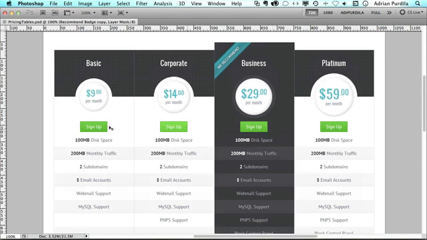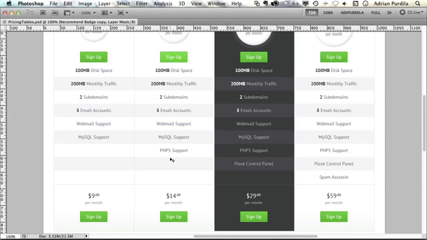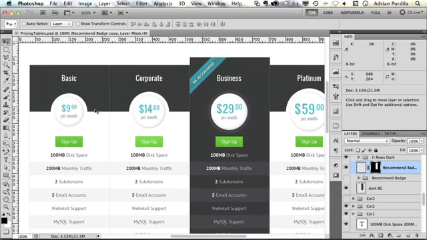We don't need a lot of images because the buttons are going to be made using CSS3. The text is going to be made using font face, so we're going to be using some Google fonts. Same goes for this. The rest is CSS. Oh yeah, and of course we need the final image, this gradient on the bottom. But other than that, we're just gonna have pure CSS. So let's get started with